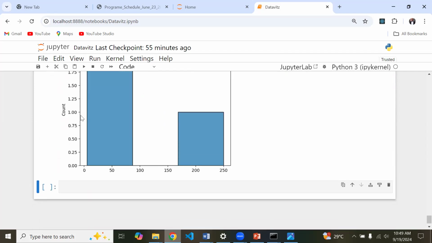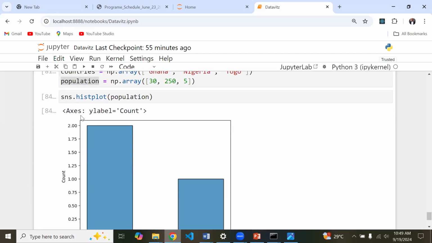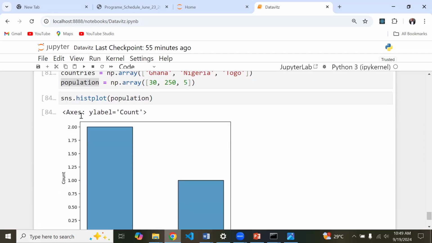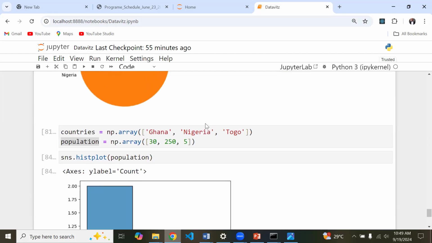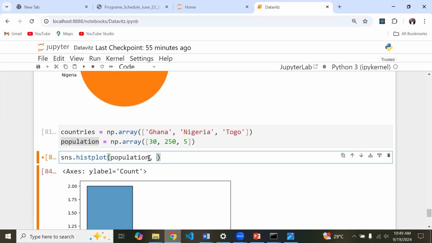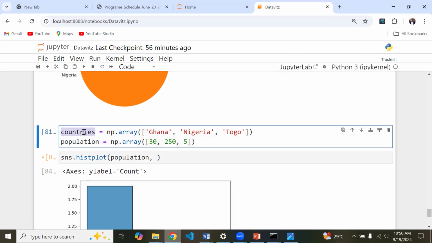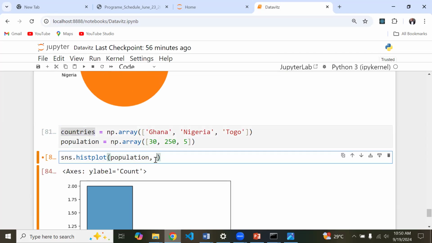Okay, so this is a distribution plot as we have it over here. And what we see over here is a little bit confusing for us, because we get to see something like 0 to whatever and whatever to whatever. It's not really looking good for us. So I can put a comma over here, and then I can specify some relevant attributes. So I can put in the countries over here. I think I need to specify